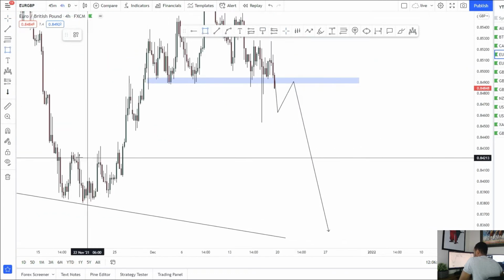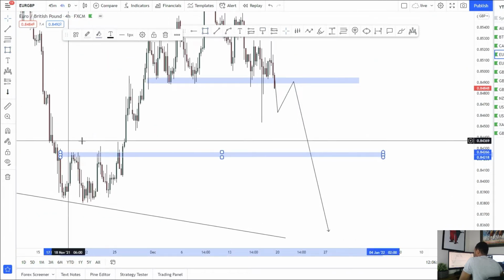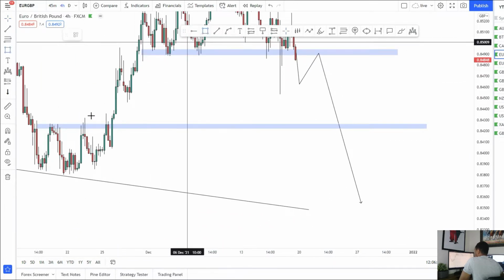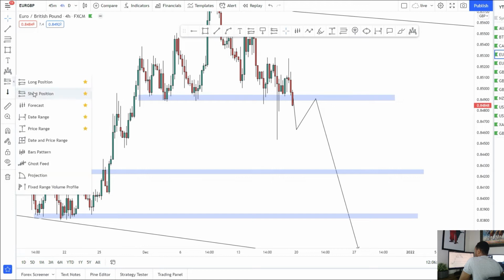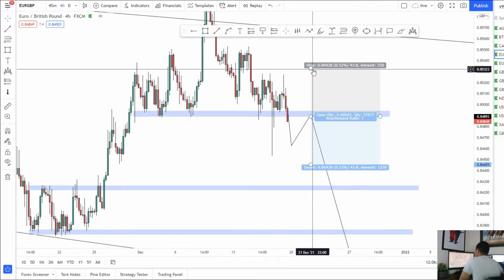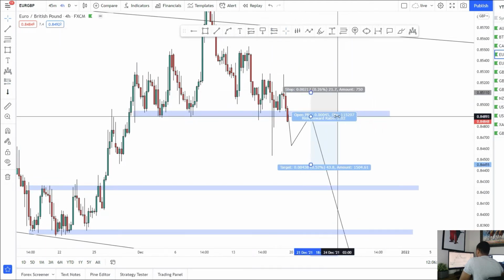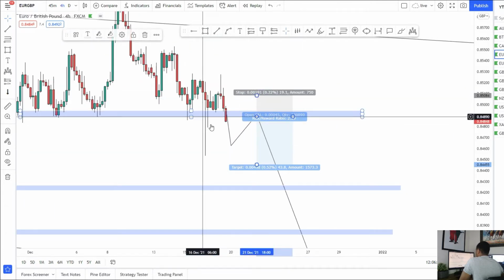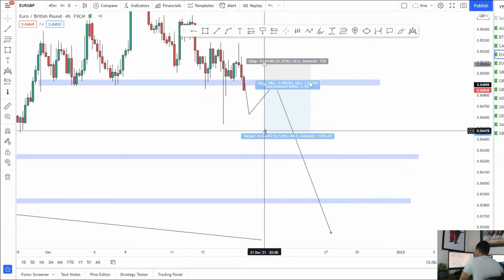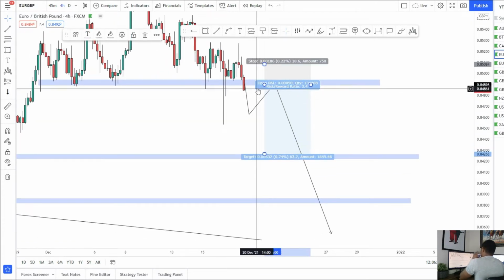You could be safe and look to target the high of this, which we never got the retest of, the previous low, and then potentially could look to target the trend line. But we'll be looking to sell the market. We'll wait for the market to push a little bit further first, just to confirm that break a little bit more, because we could easily snap to the upside there, after those quite aggressive wicks, false breaks of that level. So we'll wait for the market to push down a little bit, but we'll be looking for the break